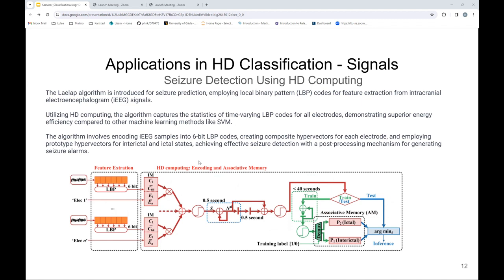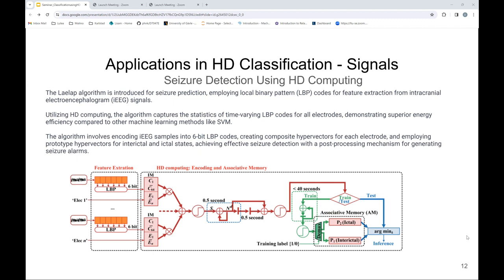Another application was to detect seizures using HD computing, where a LiLAP algorithm was proposed. This algorithm employs local binary pattern codes for feature extraction from intracranial electroencephalogram signals. The algorithm captures the statistics of time-varying LBP codes for all electrodes, demonstrating superior energy efficiency compared to other machine